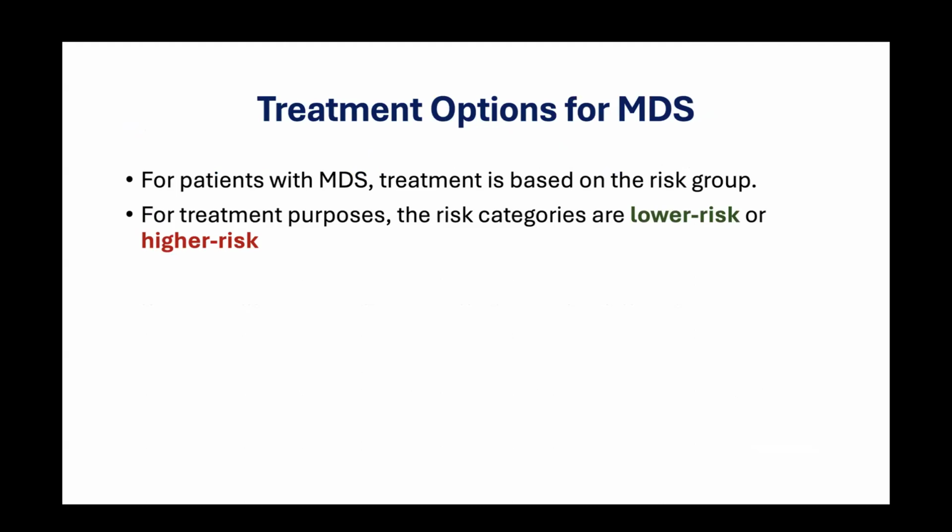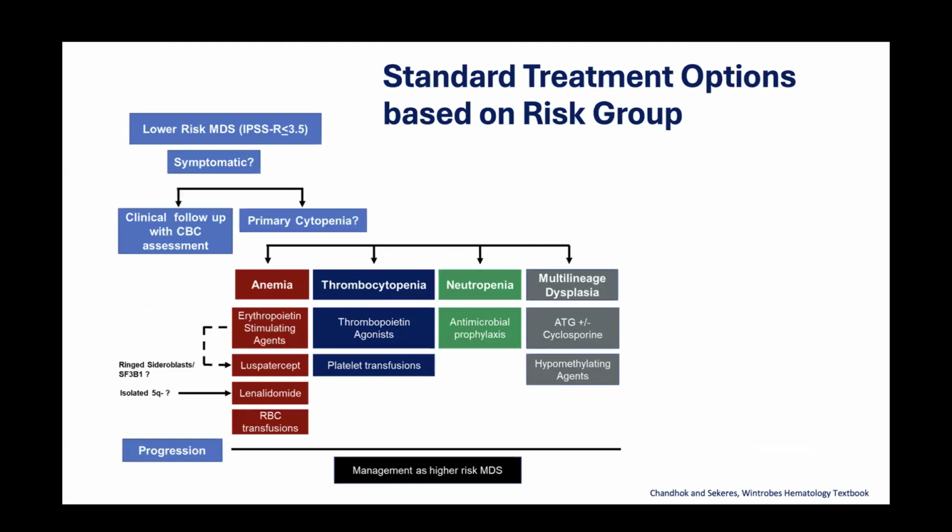So now, how genetics affects treatment options. So the one clear distinction I want to make is, again, we had those 6 risk groups, but for clinical purposes, because the number of drugs we have is smaller, and also just how things work, it's a continuum, patients are either grouped into lower risk or higher risk and treated based on this. And I'm going to walk you through the general treatment algorithm and then explain where the genetics becomes important in this, starting with lower risk disease.